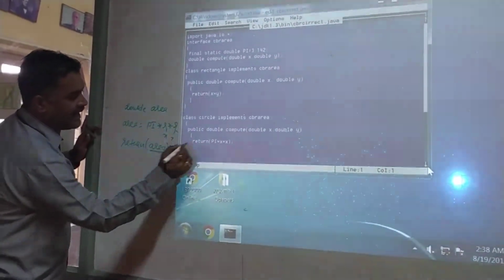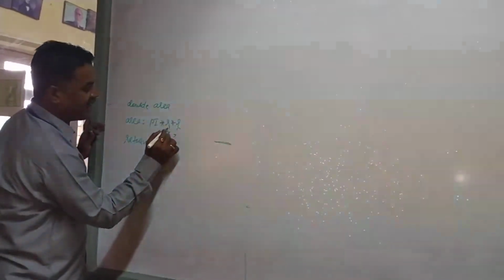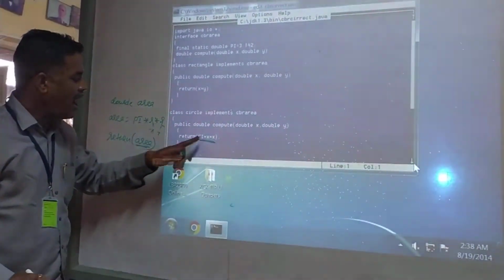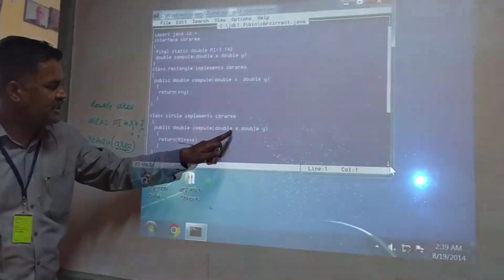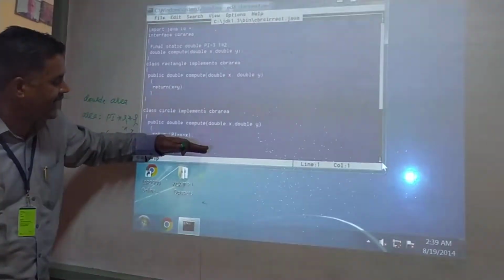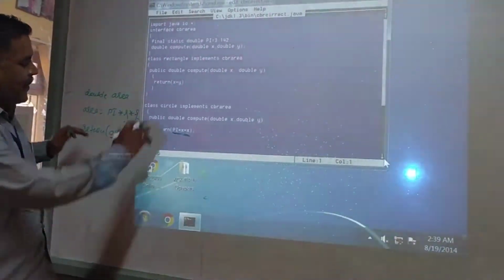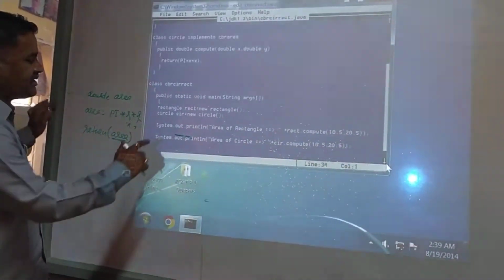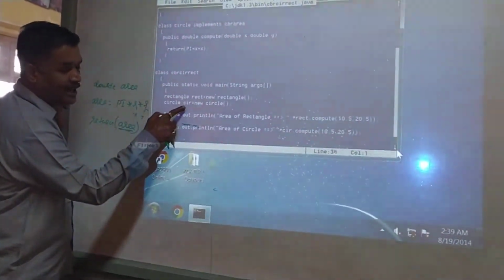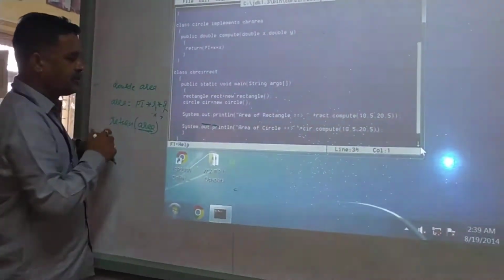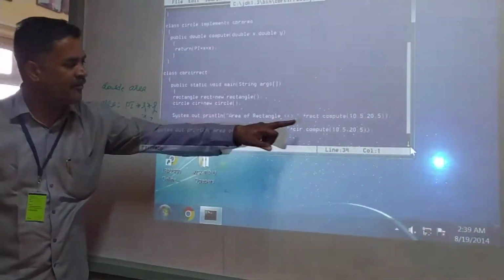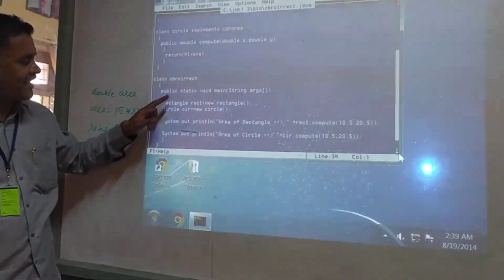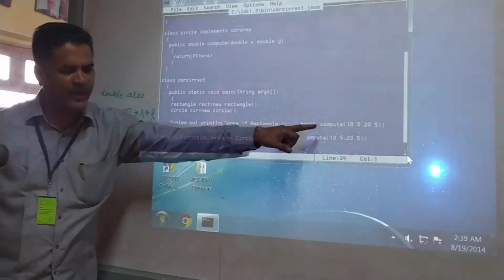Instead of area, we directly write pi r into r. So this x value is calculated. Now observe the main program: total two objects created, one object is rect, second object is circle. Directly in the system print, instead of writing one extra variable, calculate and print it.